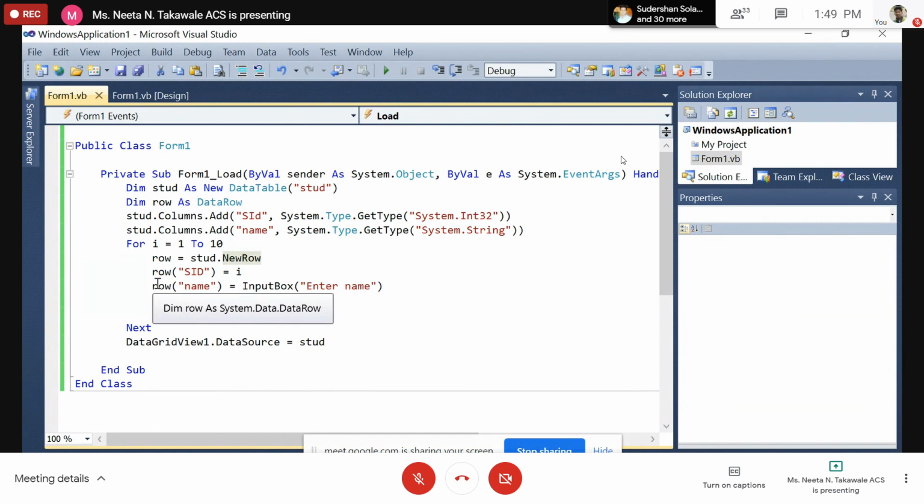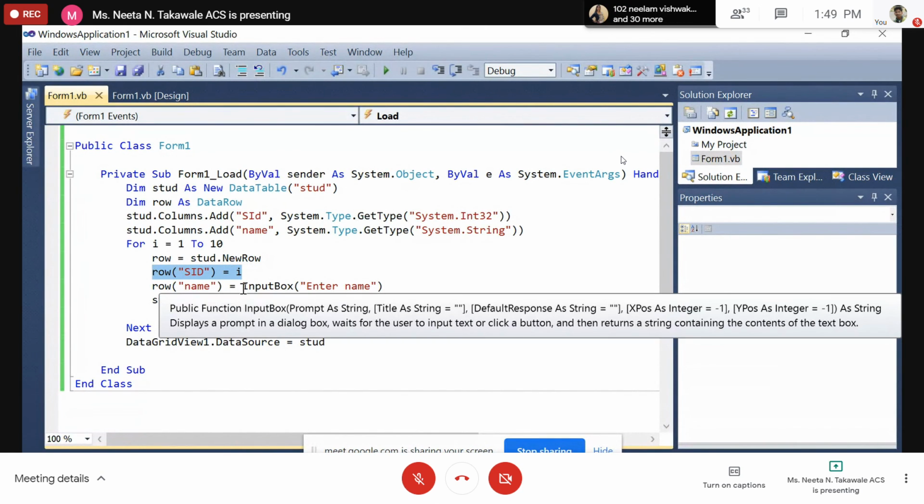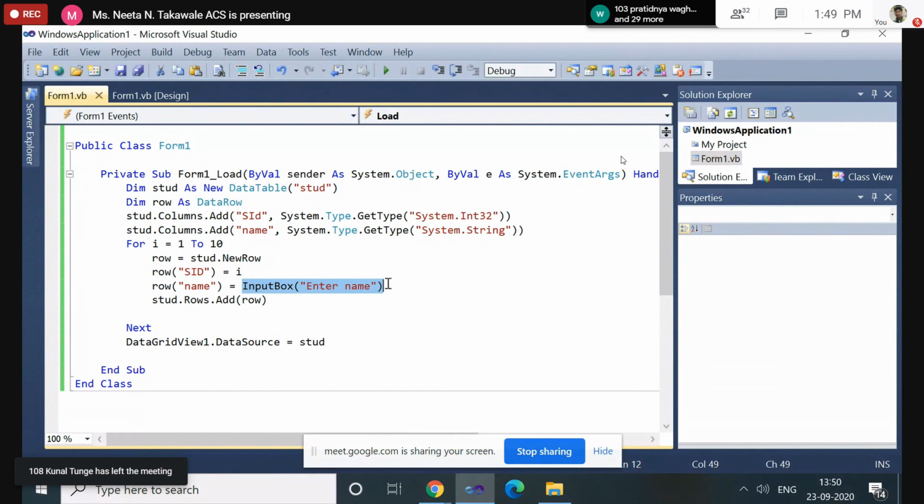How we define row is equal to stu dot new row. New row means the first row: when you load this program, the first row is the new row. In that new row we are storing the sid value as i, and the name value which we are taking from the user. When this row gets filled, it will again ask for the second row.